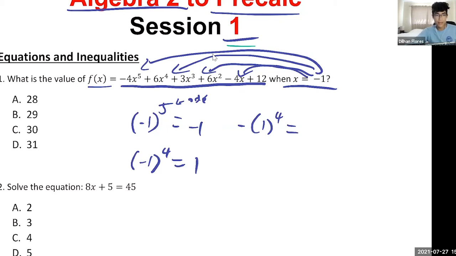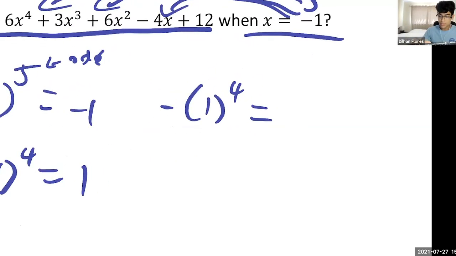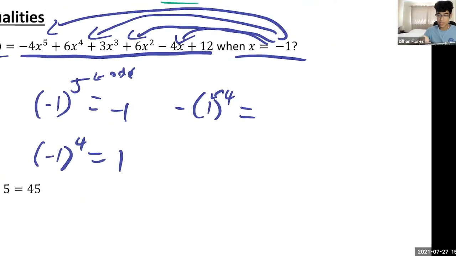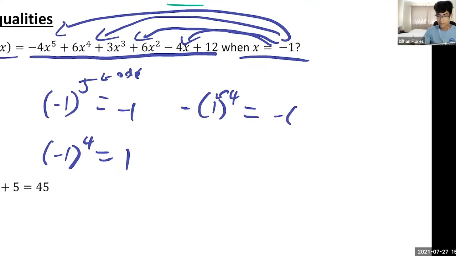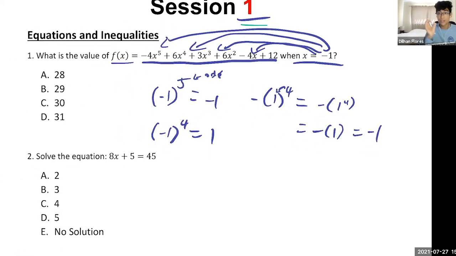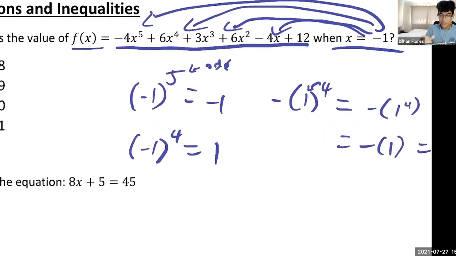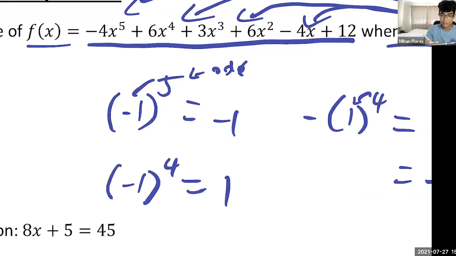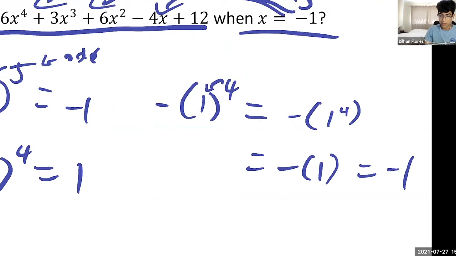See, a bit more of a mixed bag, right? So this is the power of the parentheses. Since the exponent only cares about what's in the parentheses, this is like saying -1 to the 4th, which is just going to be -1. So it's going to give you -1. That's why the parentheses is so important. If it's inside the parentheses, the power affects it. If it's outside, we don't care about it, so we put it on after.